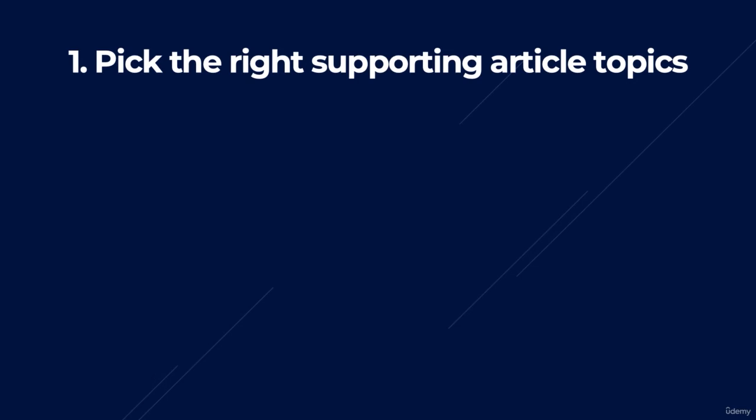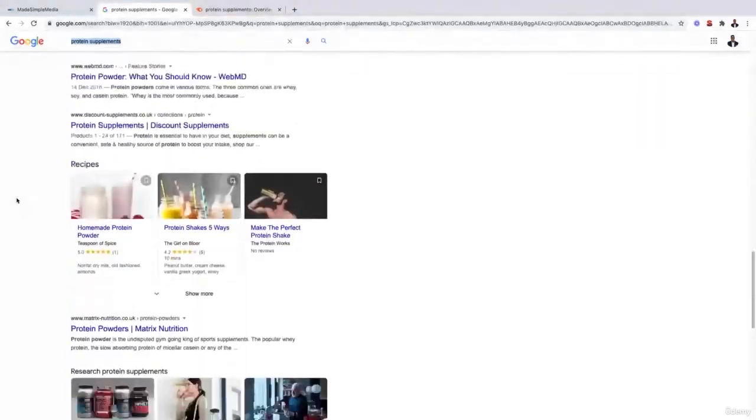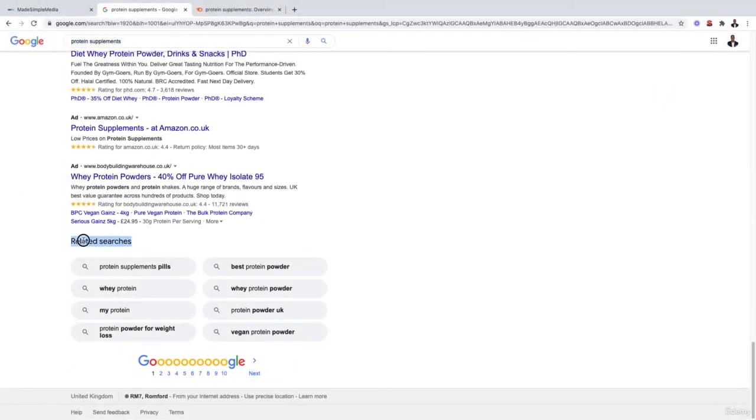Well, there's two simple ways you can use. If you go over to Google and just search for one of your keywords, so let's imagine you're targeting the keyword protein supplements, all you can do is carry out a search for that in Google and scroll to the bottom of the page. Then as you can see, you've got this little option right here, related searches, and these are all different keywords which Google deems to be related to what you just searched for, which in my instance is protein supplements. So protein supplement pills, whey protein, best protein powder, vegan protein powder, these are all subtopics which are related to